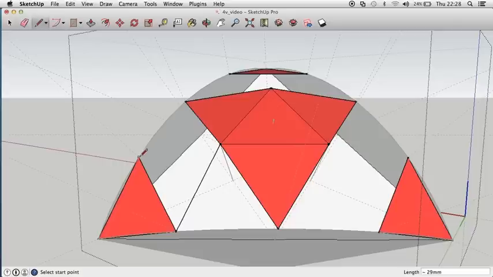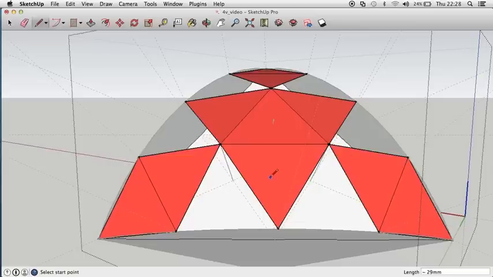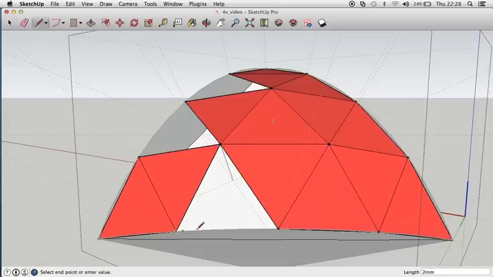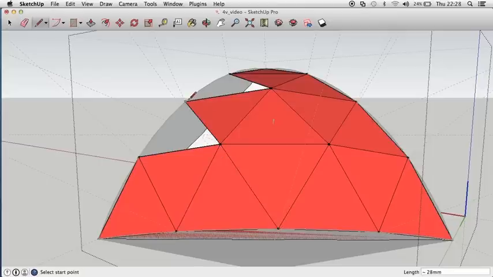I mean, if you were to model a 4 frequency dome from scratch in a full sphere, it'll take ages really, because you've got 1, 2, 3, 4, 5, 6, 7, 8, 9, 10, 11, 12, 13, 14, 15, about 15 times 20. So loads of triangles. You can actually cut down further on triangles, but I'm just showing you this for an example. Really, in a couple of minutes, we've done a 4 frequency. What I'll do then is when we finish this,